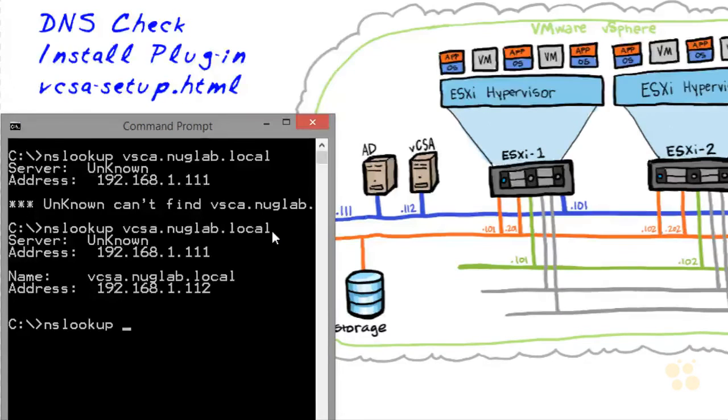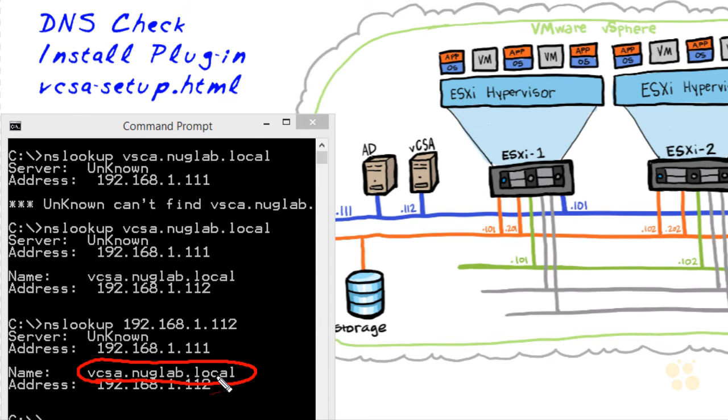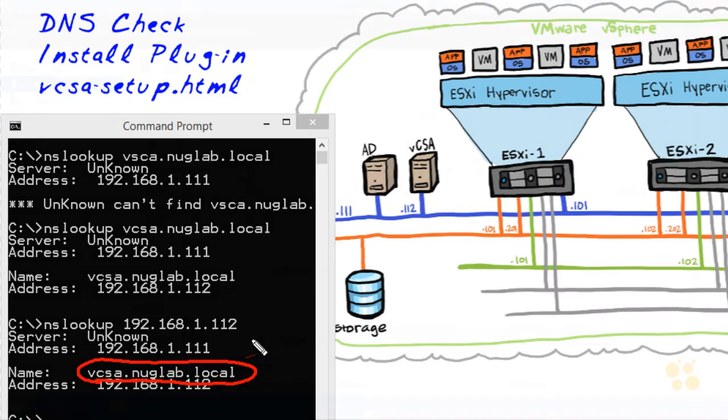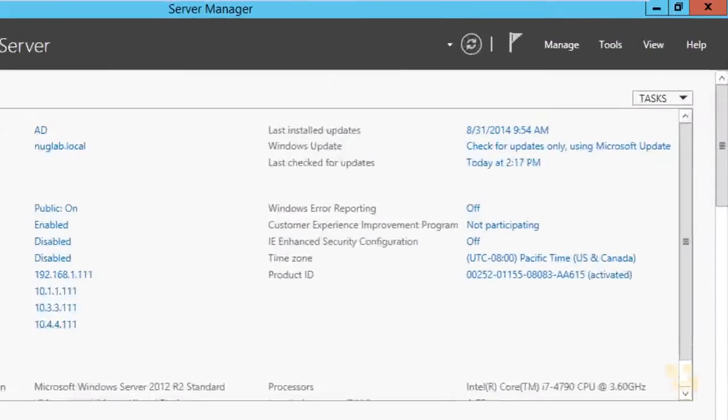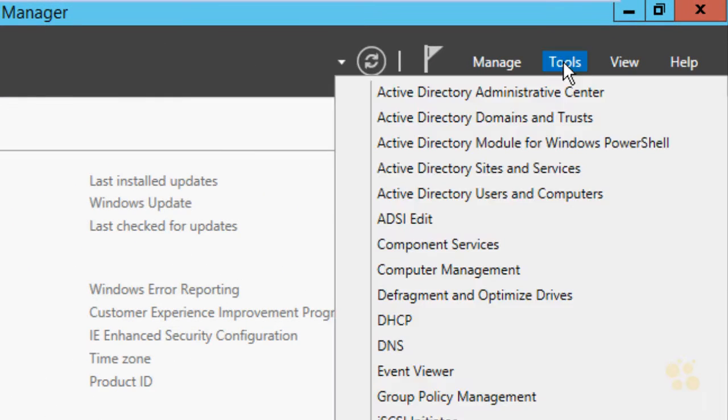and this time we'll put in the IP address of 192.168.1.112 and verify whether or not the reverse lookup worked. And sure enough, right here it came back with the host name of vcsa.nuglab.local. That's great. Here on the AD server, which is also running our DNS services, let's go to Tools, and